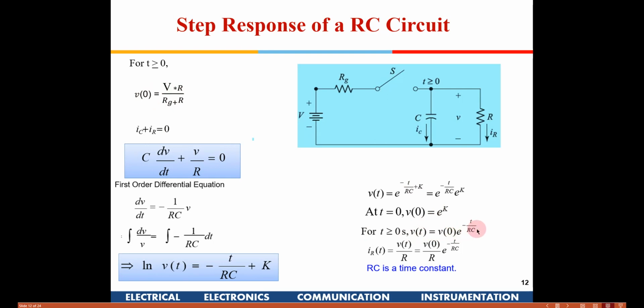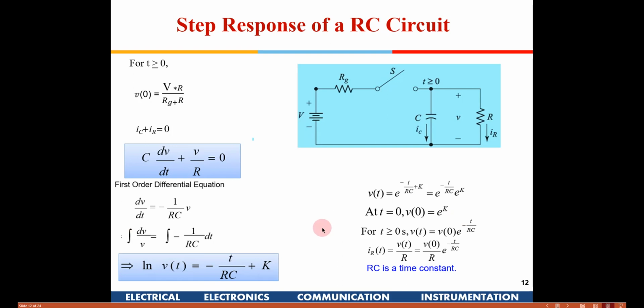And how do we write the current equation? Since the same voltage is available across R also, the current will be V divided by R. So you write V divided by R. This is how we solve first order problems, first order response with regards to RC circuits. Is it clear to all of you?